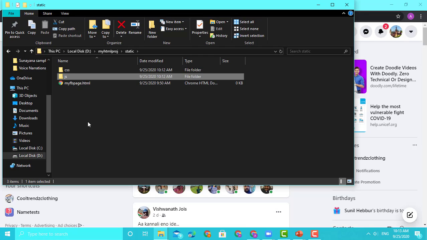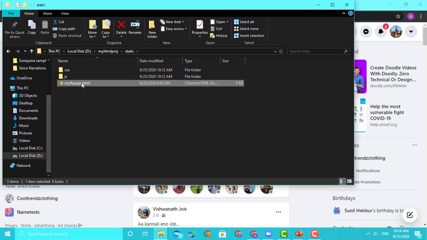Or it could be PHP, or, as I have told in my previous videos, you could have some applications where your HTML and your actual code are merged into one. In that case also it can be delivered by your application server. But if you do it as a three-tier architecture, the web server delivers static pages, the application server delivers APIs, or rather your application, and then you have the data server, which is responsible for storing, rendering and data analysis, whatever you want to do with it. So this is my HTML page.